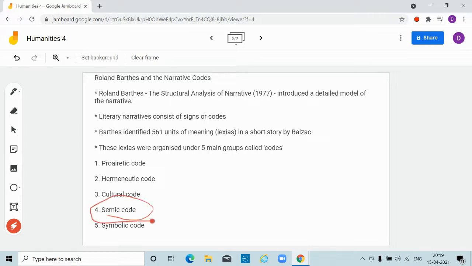Now, the fourth one is the scenic code. What do you mean by a scenic code? These are very stereotypical, clichéd codes that you might come across in narratives, in stories, in movies, in advertisements. For example, you might have noticed that a lab coat or a doctor's coat is a symbol of authenticity or authority, or it provides certain validity to the statements made.